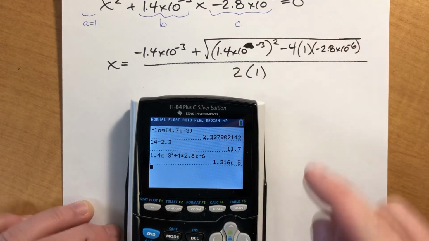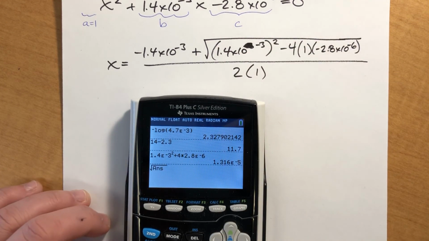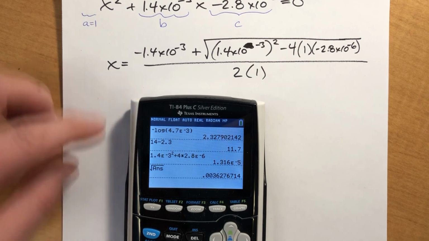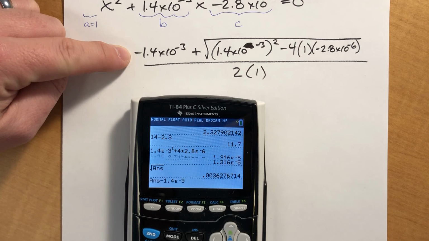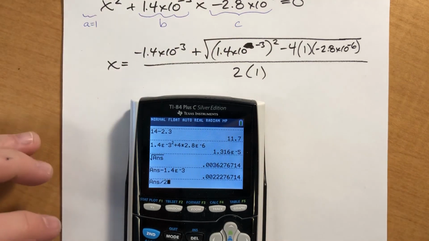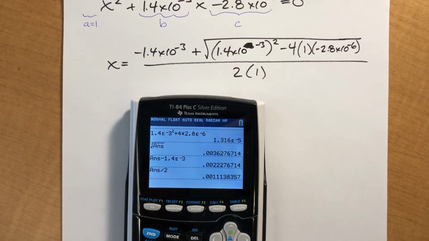That's the stuff under the square root sign, so now I have to take the square root of that. Okay, minus 1.4 e to the minus third. All of that divided by 2. And I got